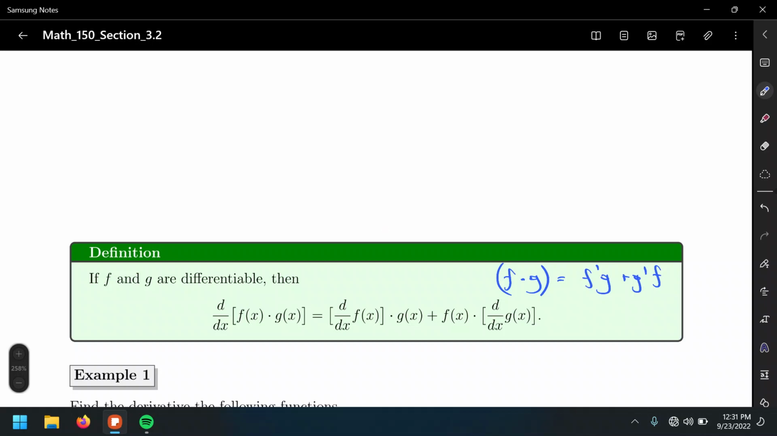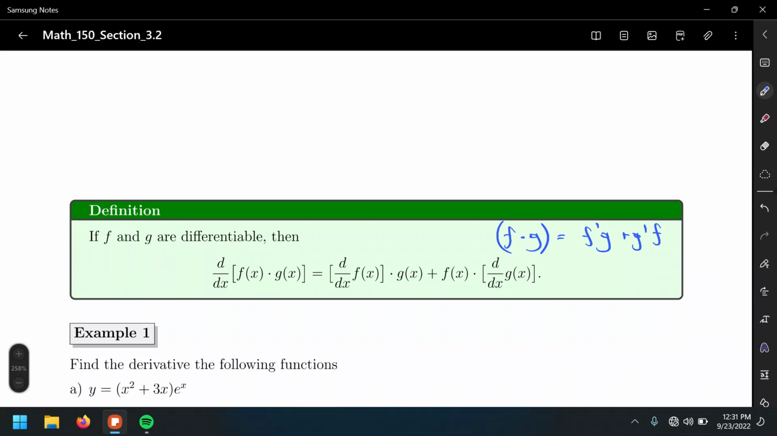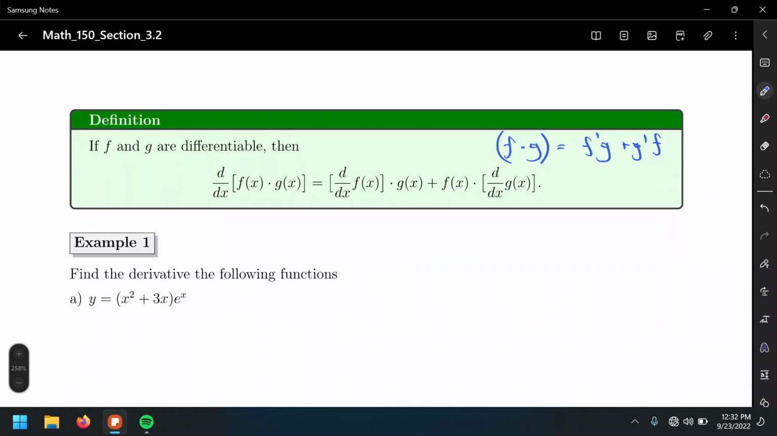And we're going to see this formula in action, so no more limit definition. The limit definition was just to make a connection between the original definition of the derivative using limits and to come up with new rules. Alright, so